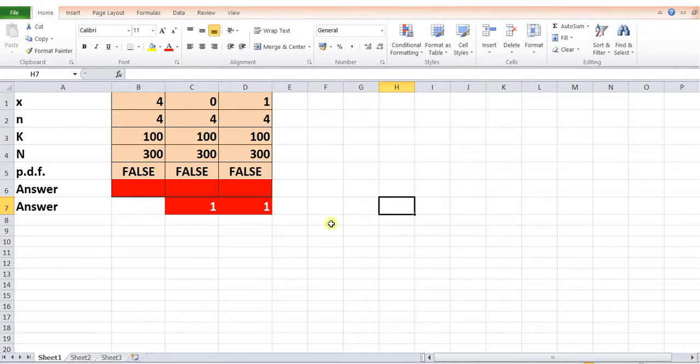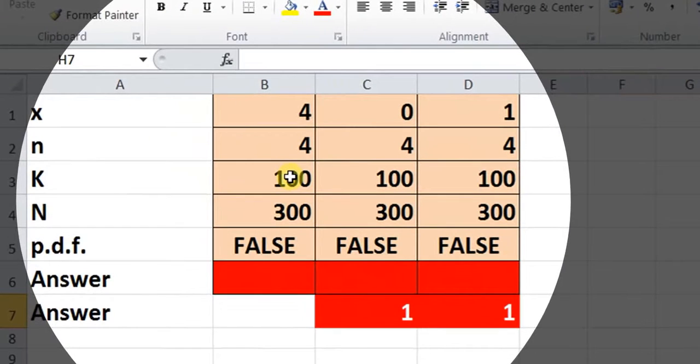So as we have already seen, in the first case, the value of x is equal to 4, the value of small n, that is the sample size, is 4. Successes is 100 from the local supplier. If we are getting the part from the local supplier, that is classified as a success, and the total number of parts, that is capital N, we have already seen that it is 100 plus 200, that is 300. The probability density function or distribution function, we will keep as false while solving this example using